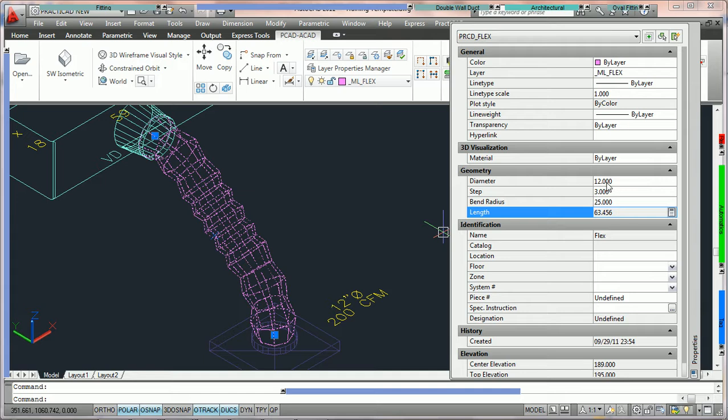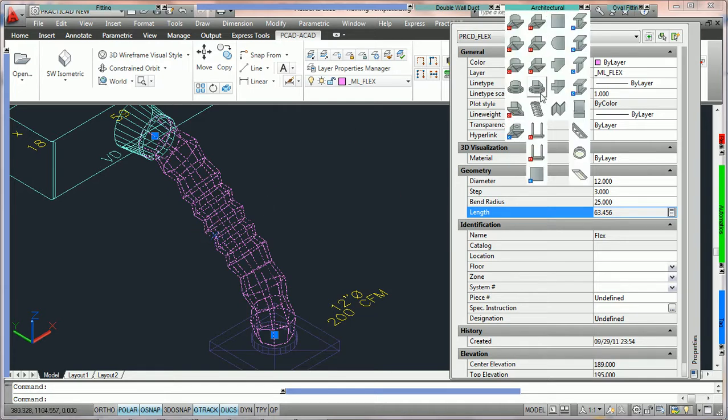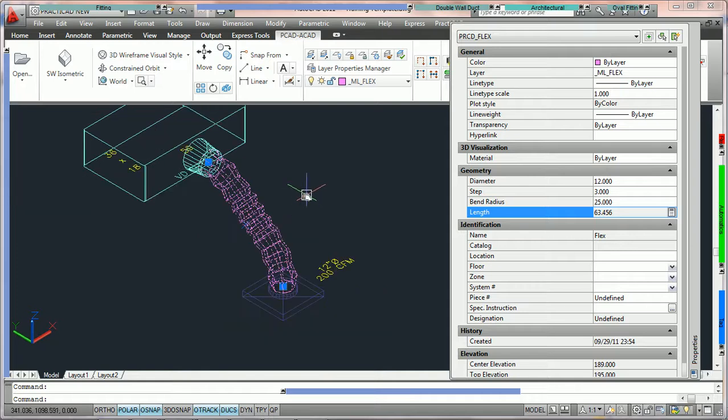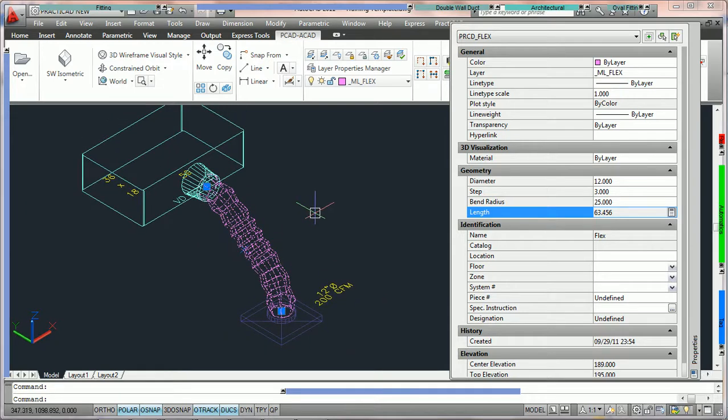Also, if you have any trouble changing any parameter in the AutoCAD property box, it would be a symbol that you are using Flex that must be a catalog entity. Catalog entities, or if you take Flex and catalog it, you are unable to change these parameters. This right here happens to be the standard PractiCAD Flex. It therefore can be changed at any time on the fly. That'll conclude going over the parameters of Flex and editing the Flex.